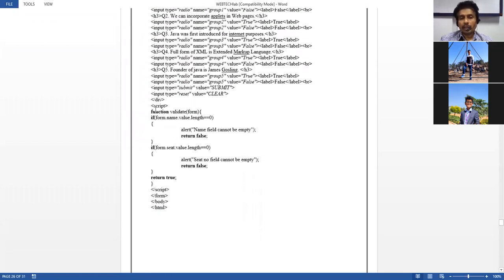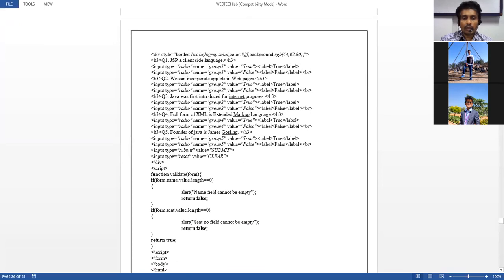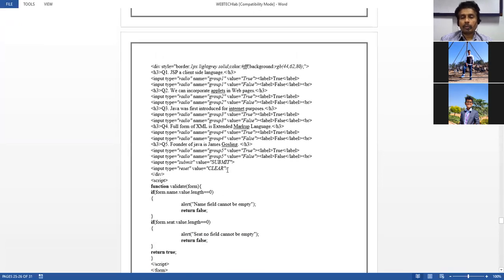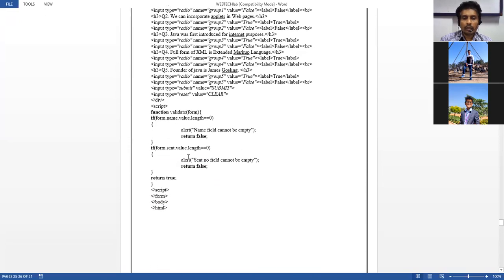For that I'm creating a JavaScript function where the function name is going to be validate. If form dot the name of that particular field which you are referring to, dot value, that is the data entered by the user, dot length, the length of that text box should not be 0.